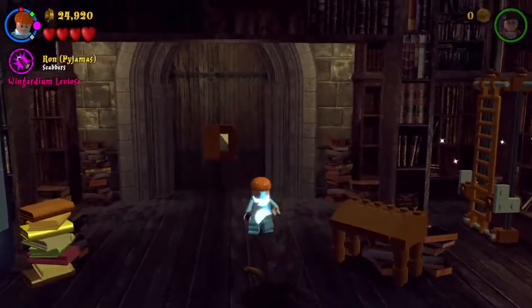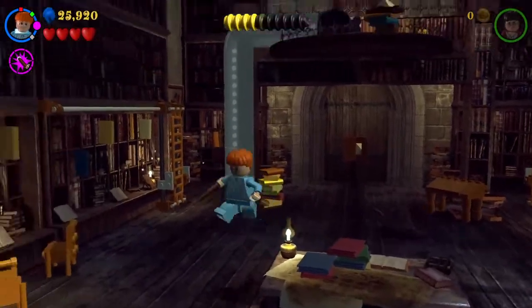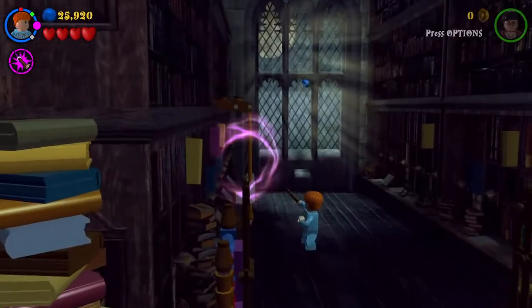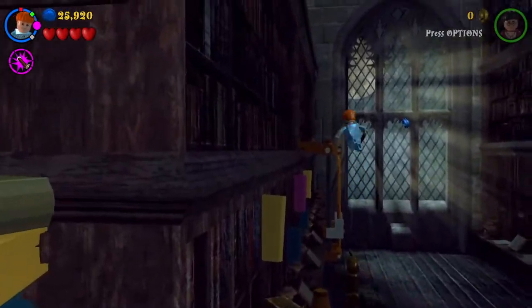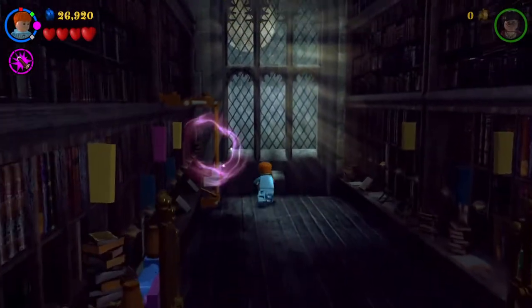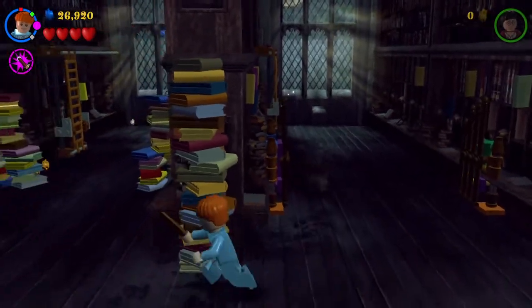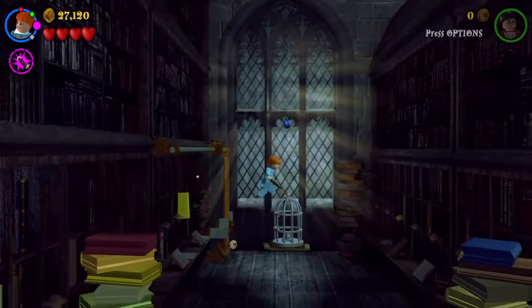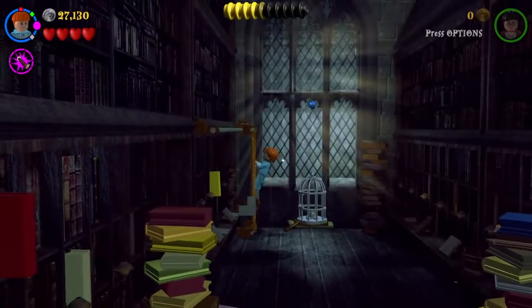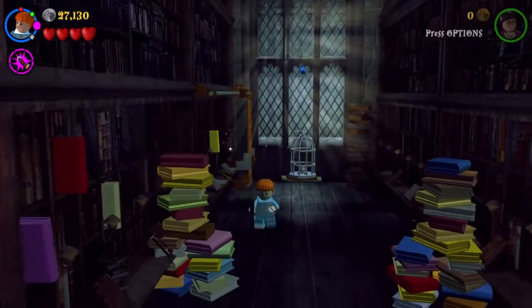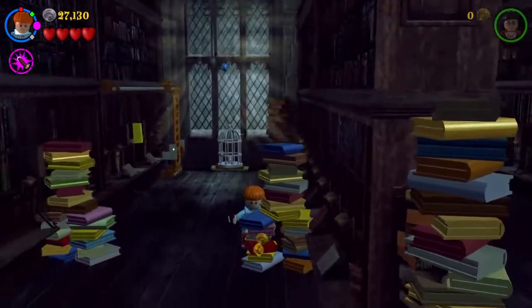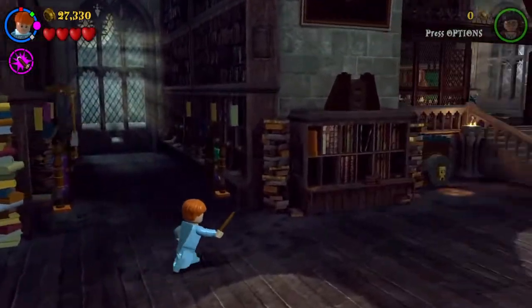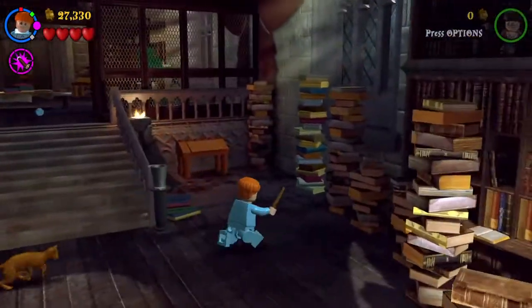Okay, I think I need a Lego brick which will fit into that door as a handle. So, we gotta search for that. Let's go.